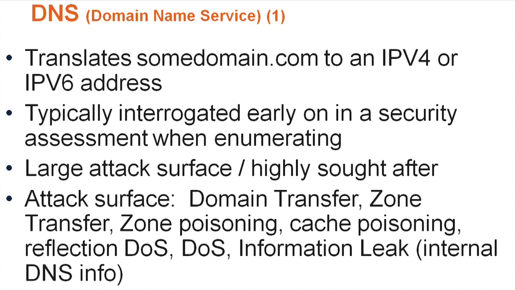The attack surface consists of a domain transfer, a zone transfer, zone poisoning, cache poisoning, reflection DOS, which stands for denial of service, information leak, which is just leaking internal DNS info. So for example, a lot of people don't want to stand up a secondary DNS server inside of their organization, so they'll just use their external one, and they'll put like camera.somedomain.com, and they'll put the internal address